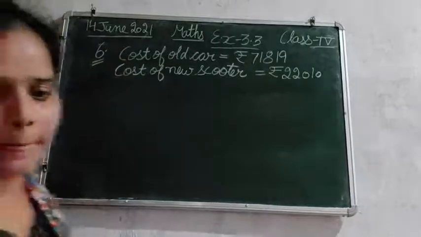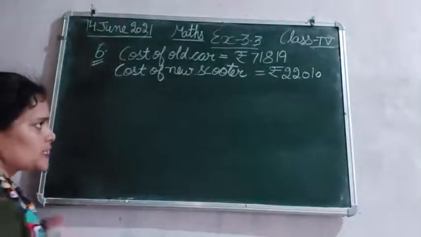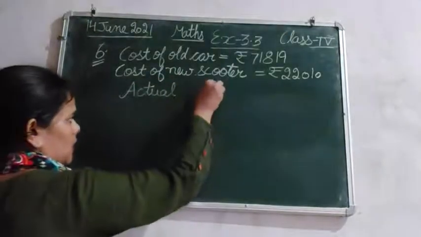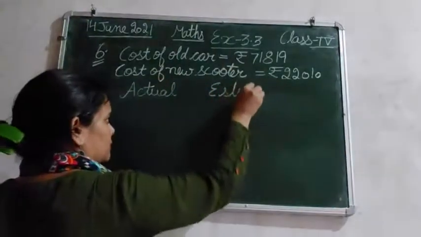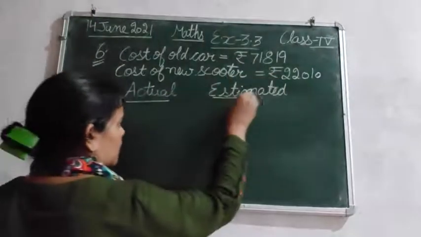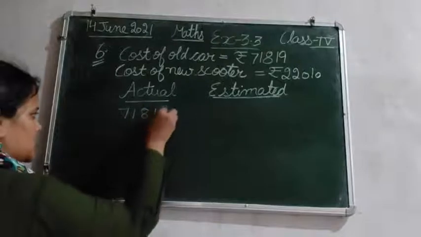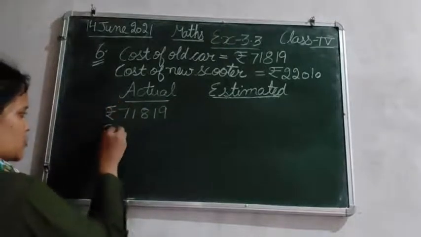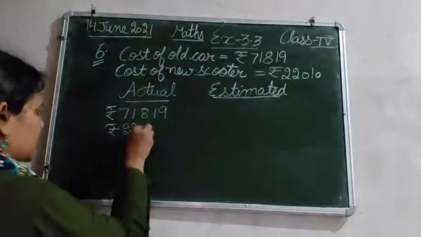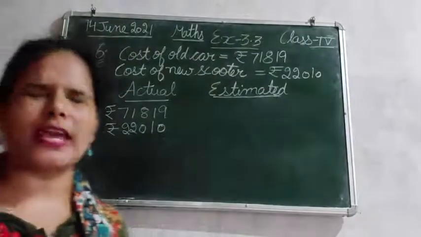आगे देखिए, estimate the total cost. So now we need to find out the estimated one. So let's estimate first of all. This is the actual and this is the estimated. This is the actual one and this is the estimated cost. Okay. Again, actual has 71,819 rupees and second is rupees 22,010. So these two are the actual one, and we need to find